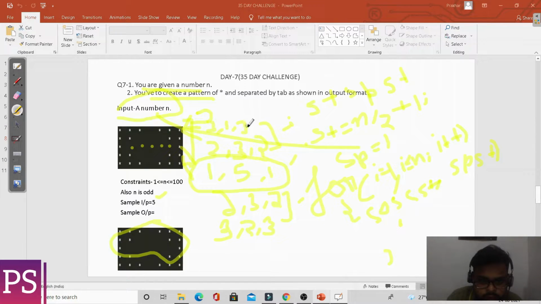In the first part, if i is less than or equal to n by 2, then spaces are increasing by 2 and stars are decreasing by 1.